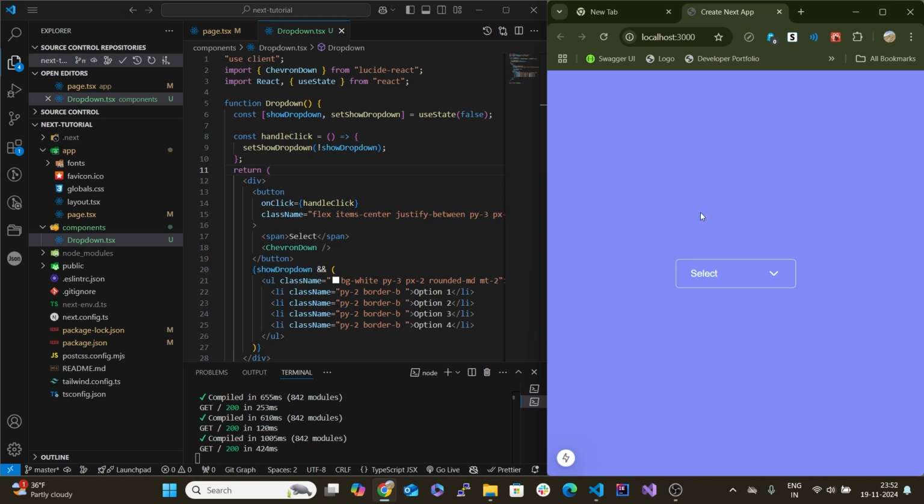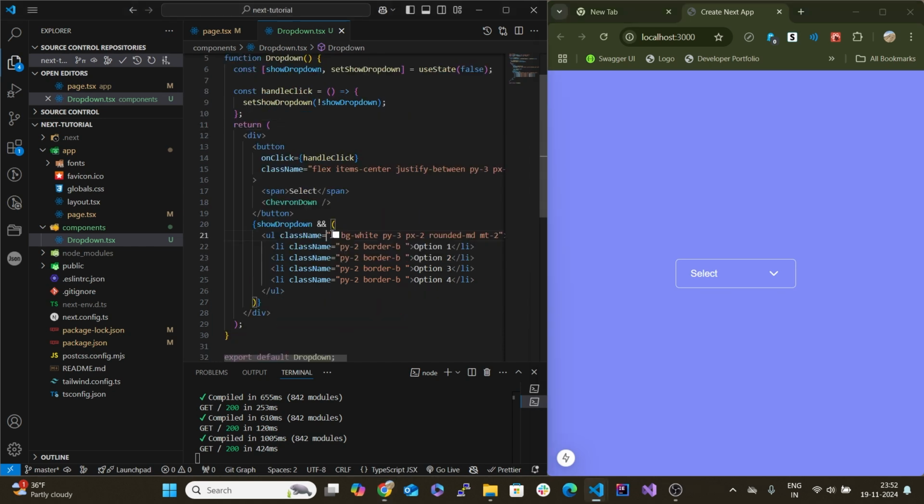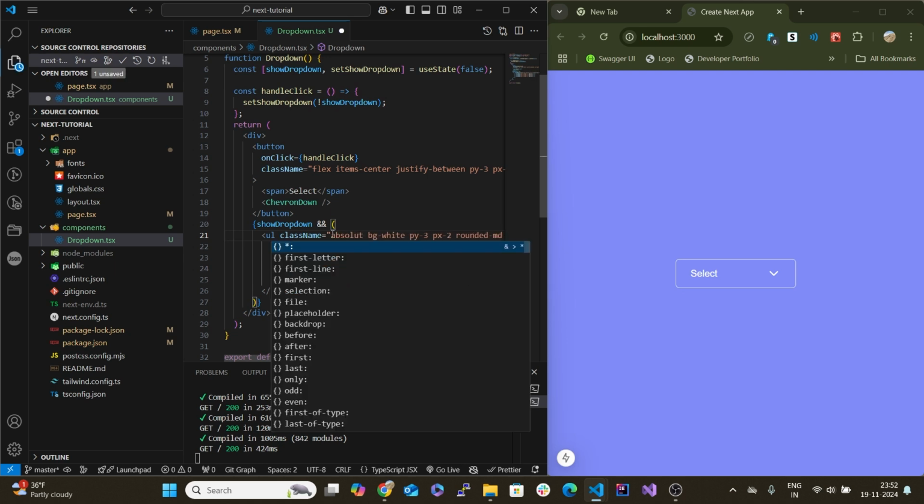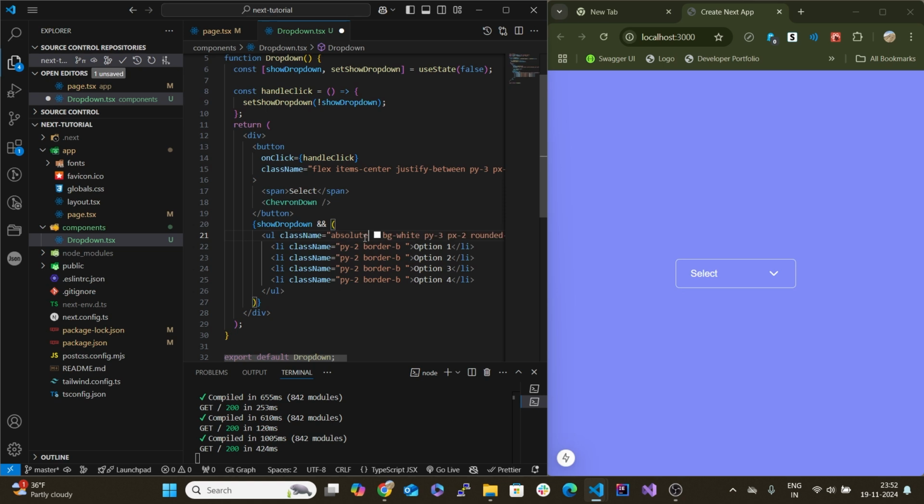But as you can see, as I click on the button, there is a content shift. The button is shifted upwards when the dropdown is shown, and if I click on it, it's shifted downwards. The content is shifting, the layout is shifting. So I need to handle this to prevent the content shift. I'll give this dropdown a position of absolute, and I'm going to give this main container in which the button and